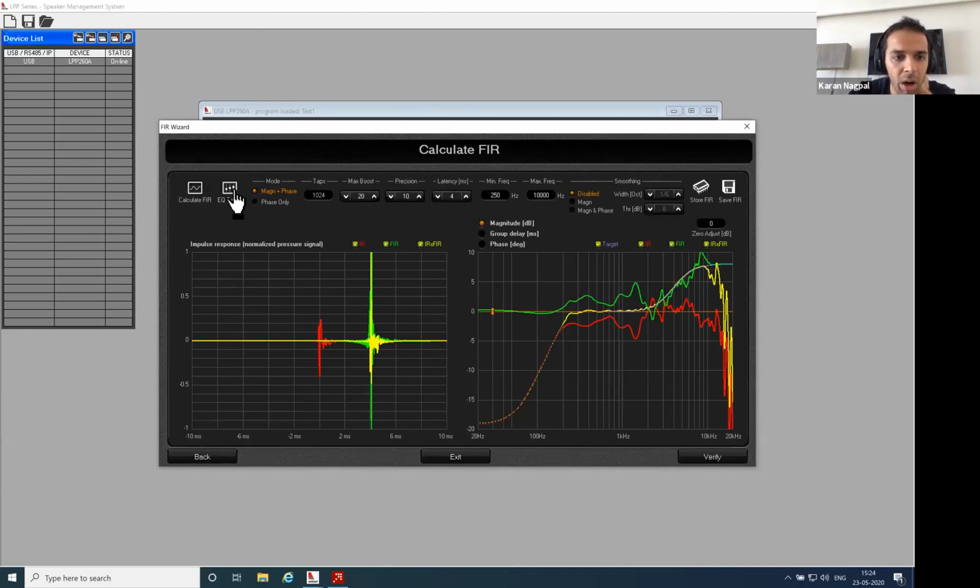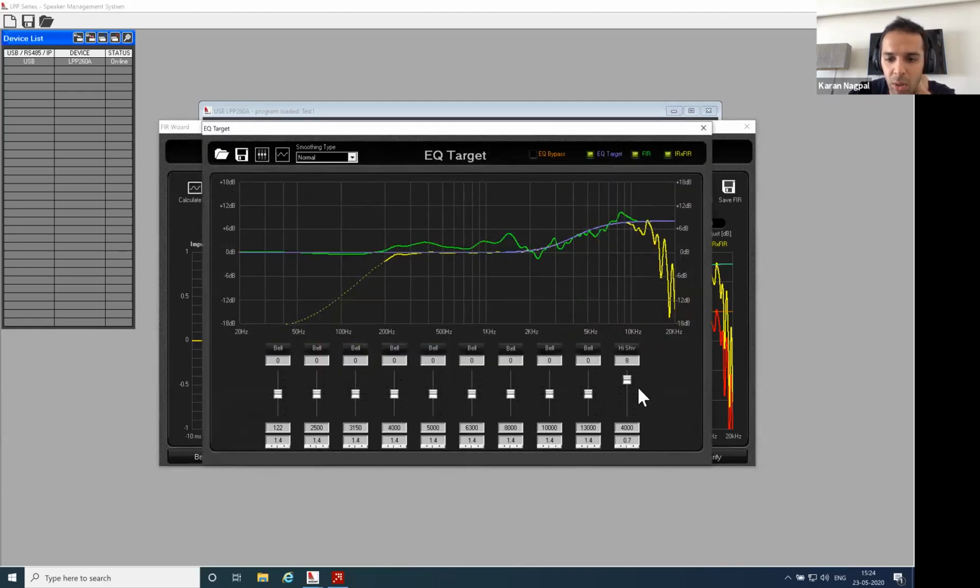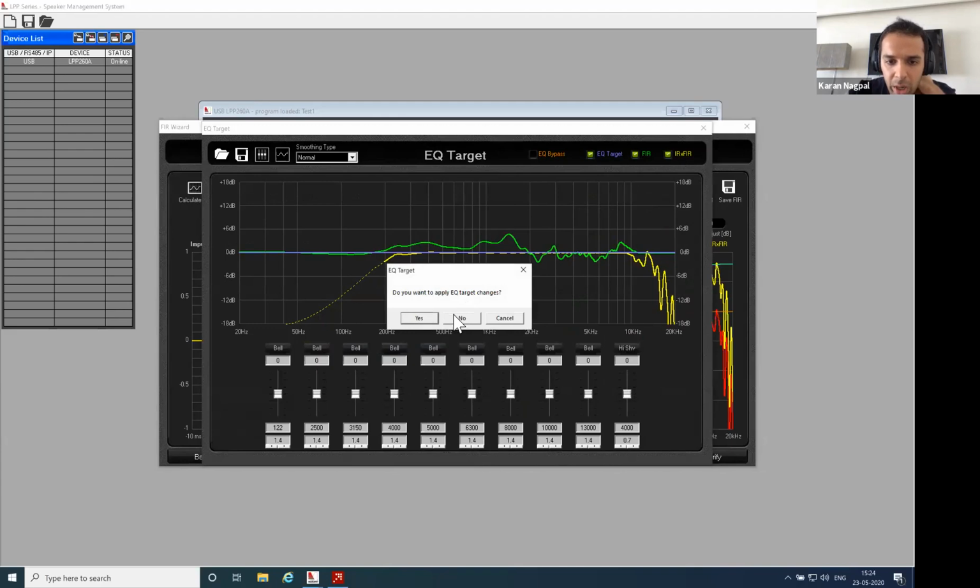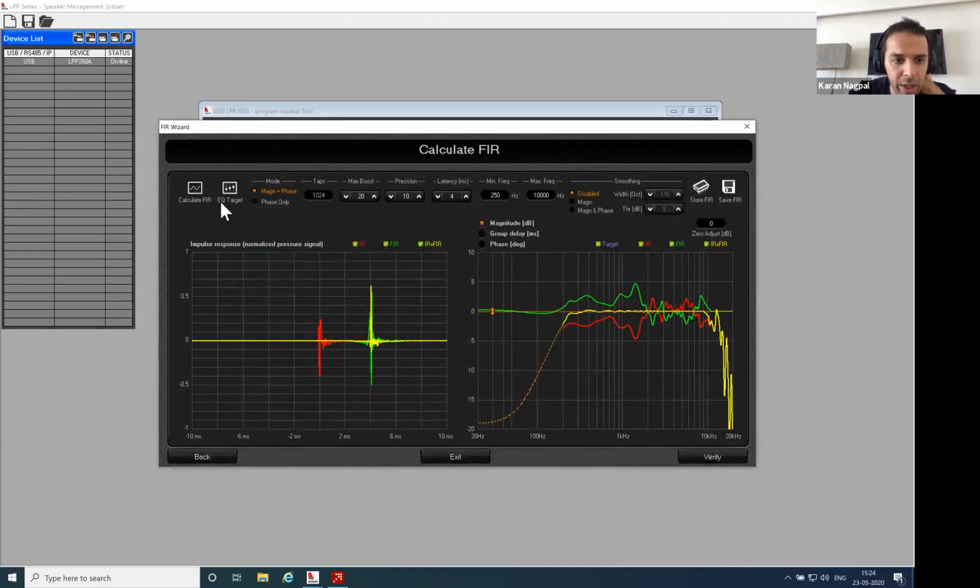And I want to make sure my target EQ is not this, so I'm going to bypass this, back to 0. I don't want high shelving in my target EQ. Magnitude and phase 1024, okay, fine, let's keep it the same. 5 milliseconds to 20,000. Magnitude and phase, 1/24 minus 2.